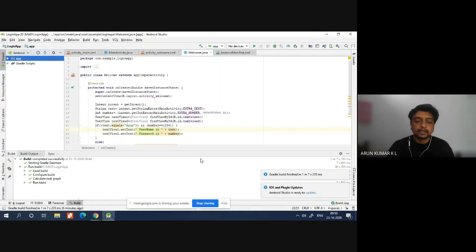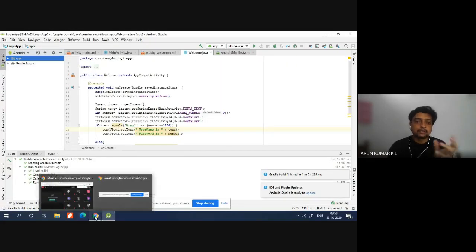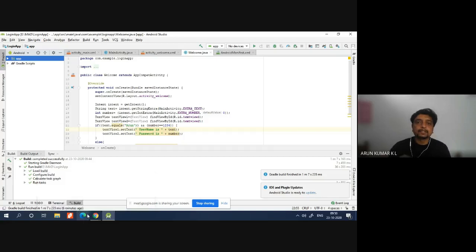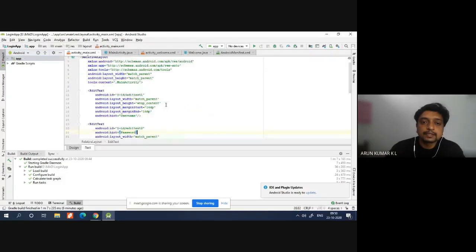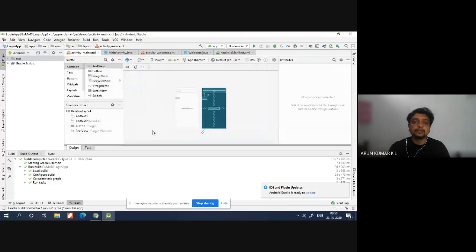What I need to show is that all of you made the login screen. In the login screen, it is just displaying the username and password. This is your username and this is your password. If I ask you to make that a proper login screen,